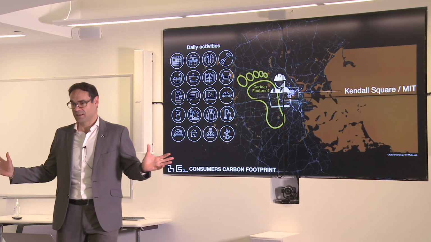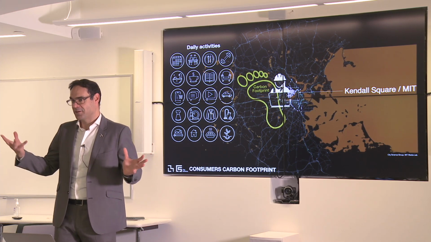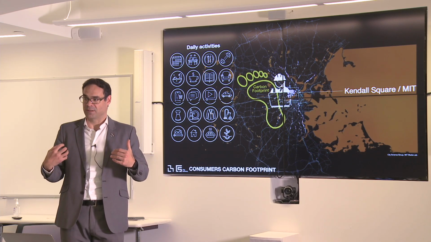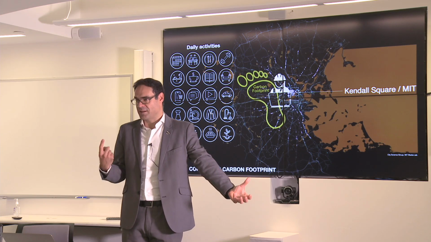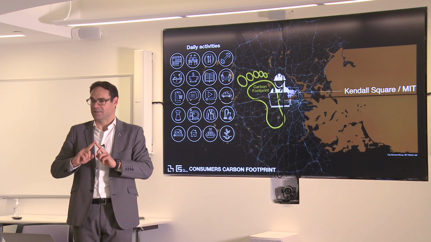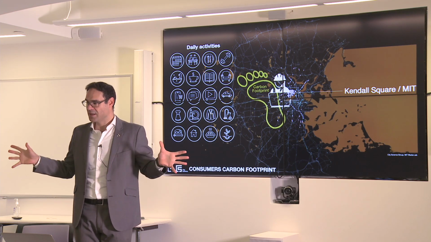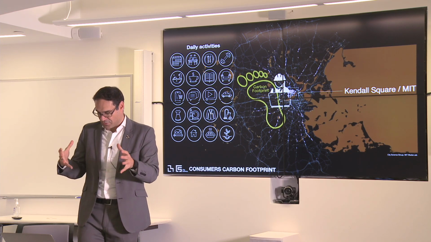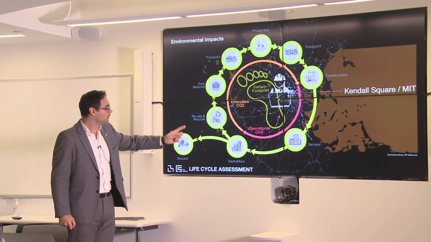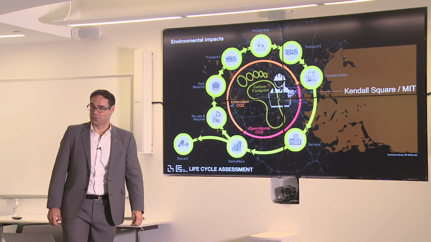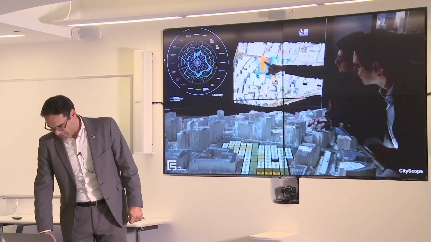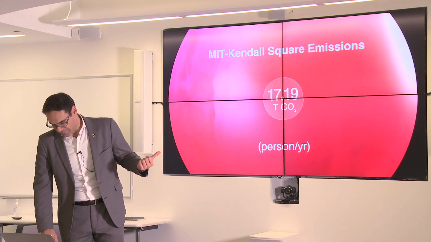So as I was explaining, if you are using a house during 5 years, the CO2 embodied in that house is going to be attached to your carbon footprint. If you are using this car for 1 year, that CO2 is embodied to you. If you are using a plane for 3 hours, that CO2 is embodied to you. That's how you build the carbon footprint, again, through the entire life cycle of the different things that you were using, okay? It was kind of a complex process. Of course, we use the CityScope, and you know that, as we were explaining,